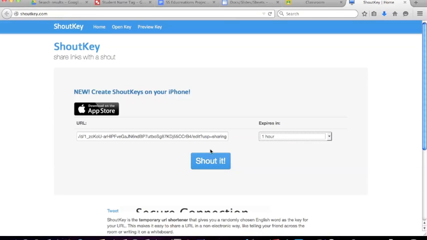Don't hit this yet, because what this will do is just let your students sign into their Google account and view this, and then they'd have to manually make a copy. We can automatically make a copy for them if we just change this ending on our URL. So right now it says edit, delete it, and replace it with the word copy. So I'm going to click Shout It,